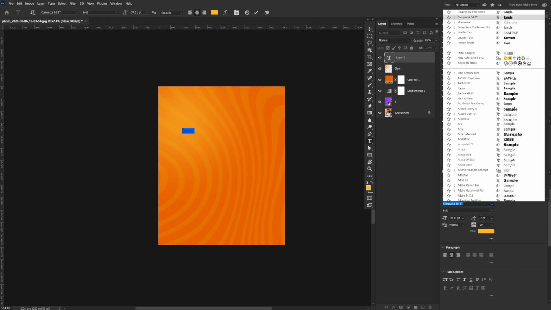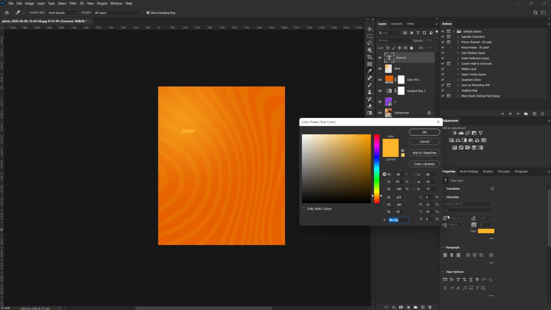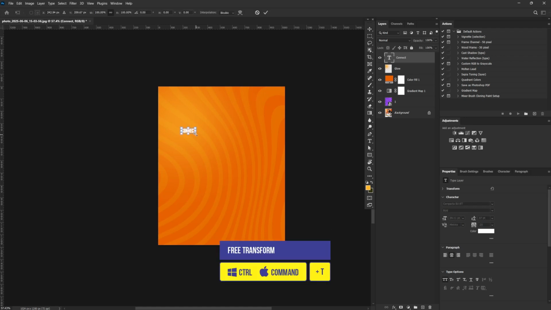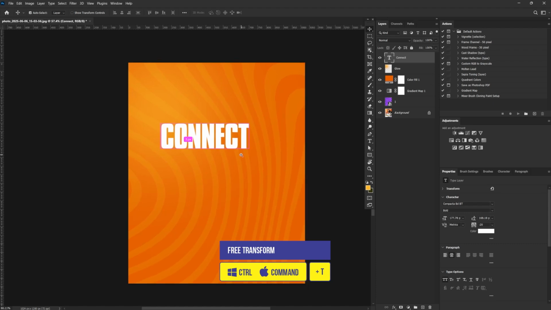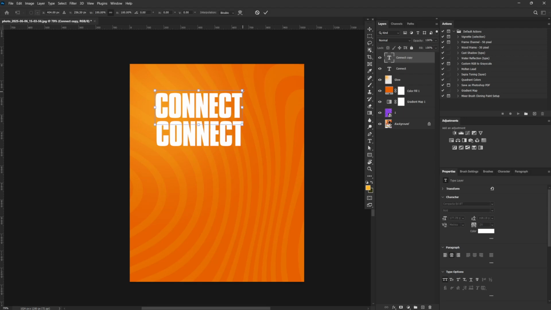So I don't know the name of the character that the designer used. So I'm using something closer to it here in my PC. Okay. So I'm going to make this curve and I'll activate free transform and make this bigger. So let's just zoom in a bit. Yeah. So I'll make a copy of this and this should be here and activate the free transform and make